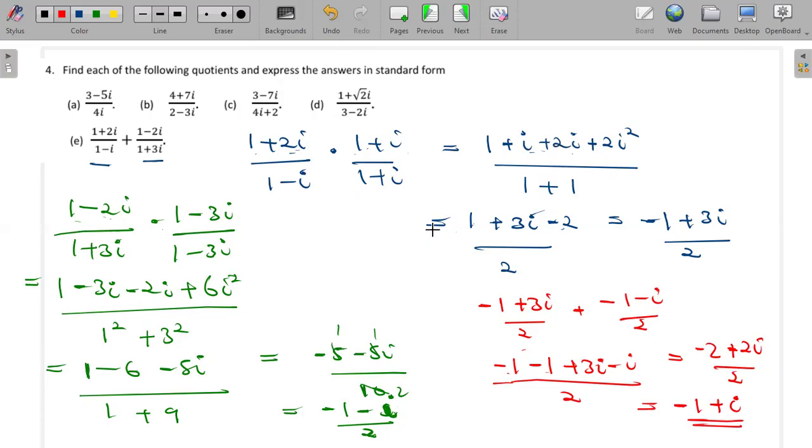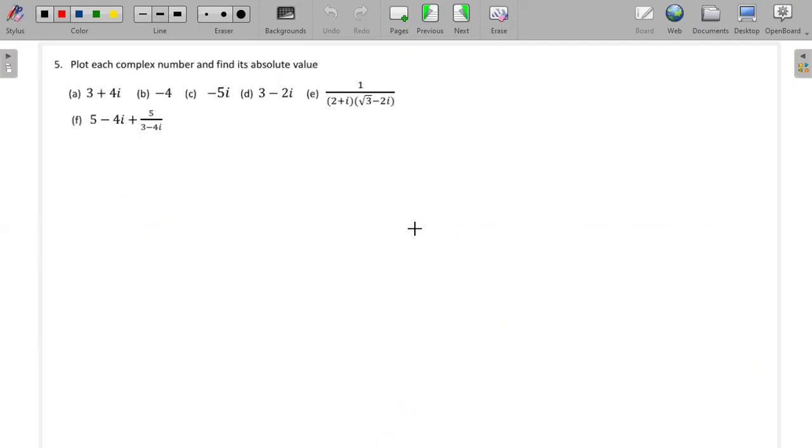Okay, so let's do the last part for this class. The last part is telling us to plot each complex number and find the absolute value. Plot each complex number and we find the absolute value. So now a complex number z is equal to